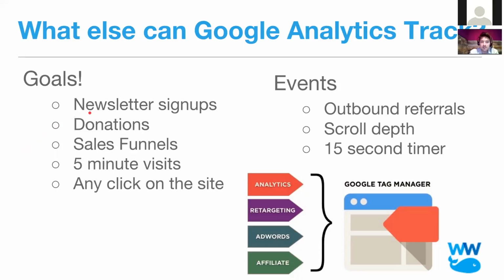I really am big actually on this newsletter or email sign up because it is that initial handshake, that permission to talk to people that you really want to be driving up. Because guess what? The average cycle time until someone becomes a donor is 9 to 18 months according to Blackbaud. So that is from the time that someone first gives you their email. There's a value to that if you're messaging them over time, that in 9 to 18 months, they're more likely, depending on your messaging, to be giving you a donation.